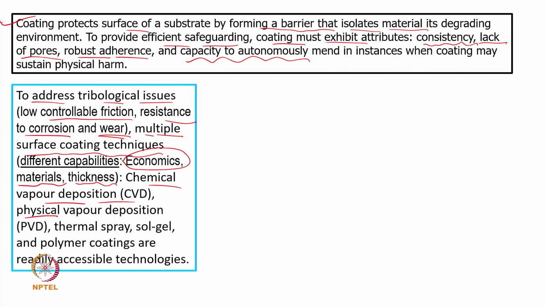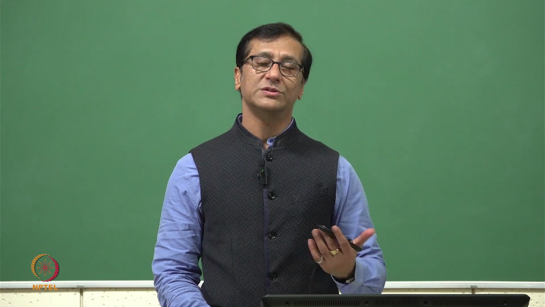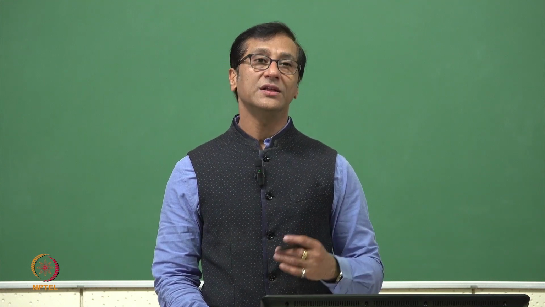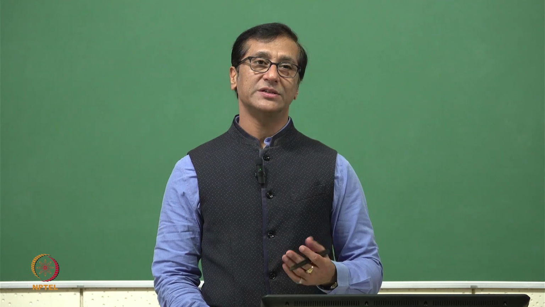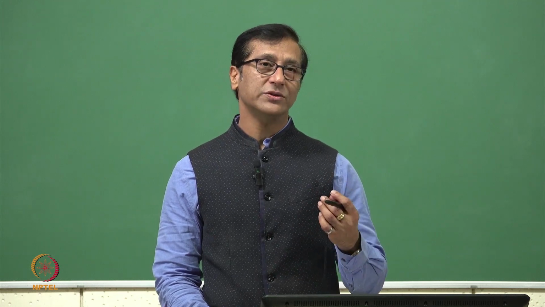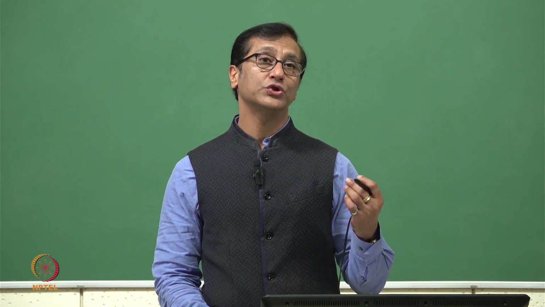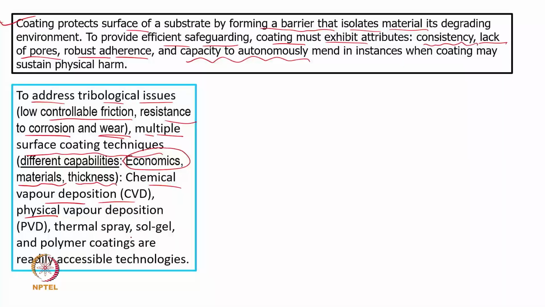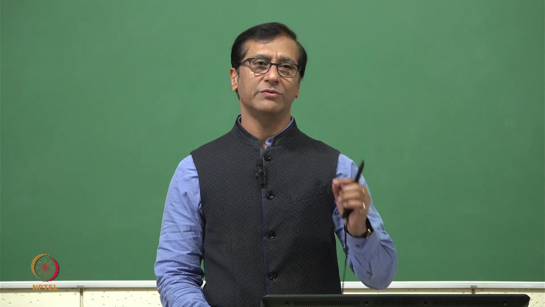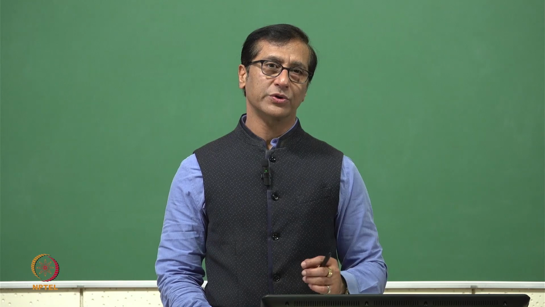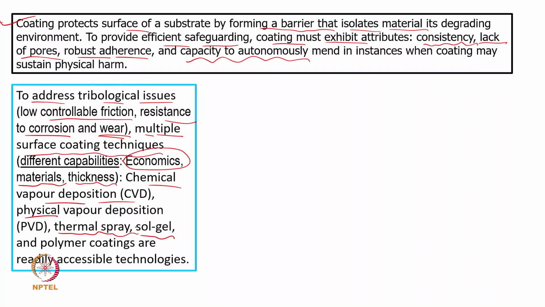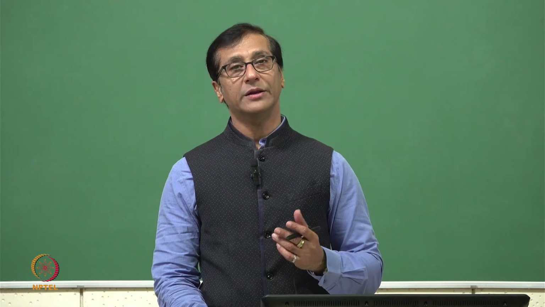These days, particularly, more and more research has been done on the PVD side. It is really giving better results, and it is giving very fine coatings of even 0.1 or 0.2 micron. That's important. Thermal spray is widely available, widely used. There is even an ASM handbook available on thermal spray coating. Sol-gel is very easy, and polymer coatings are also easy. They are available technologies and can be utilized